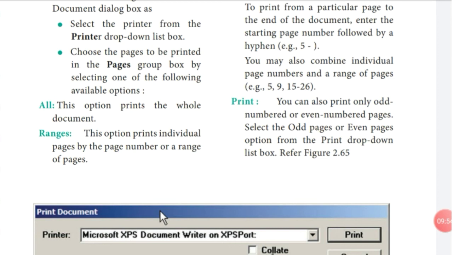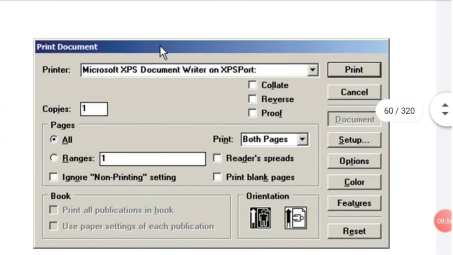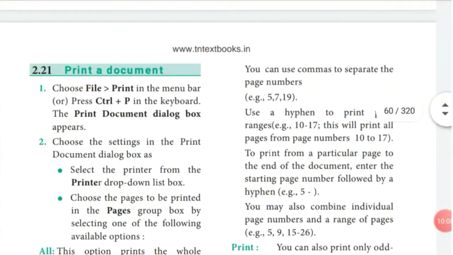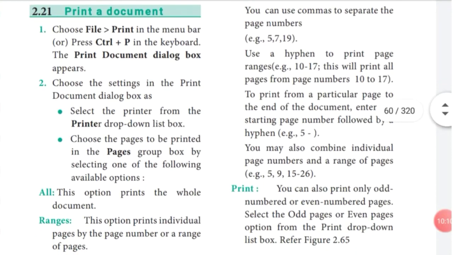Yeah, this is the print screen. So how many copies, how many pages you want to print, we can give this number. You can separate the page numbers, and for the pages to print, whatever page you want, select that page and take print.